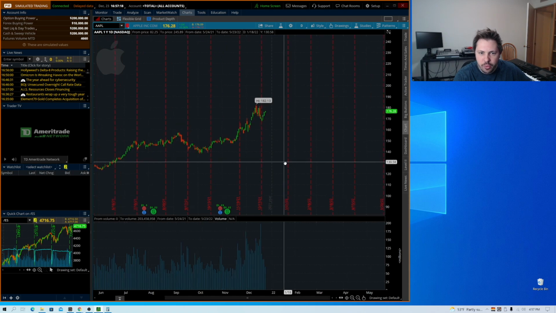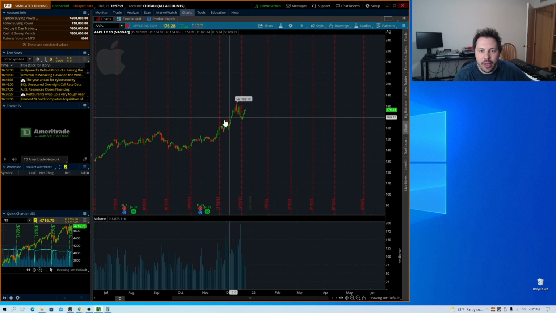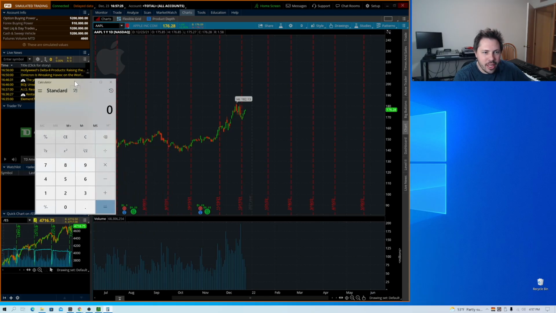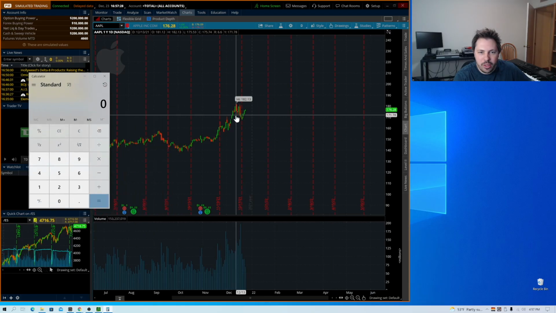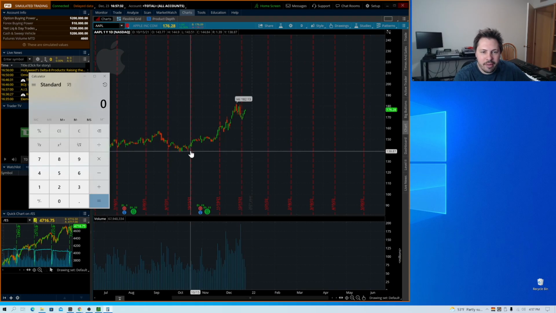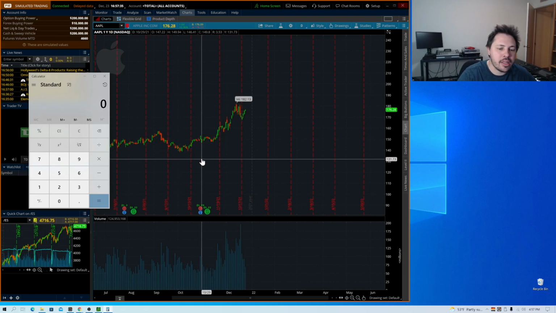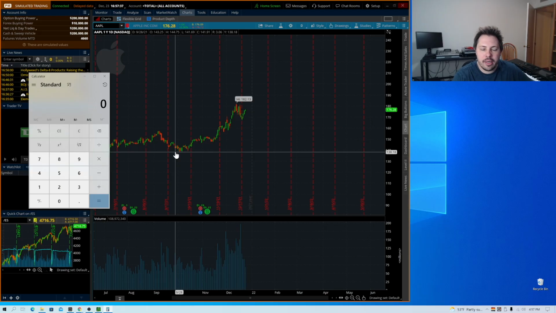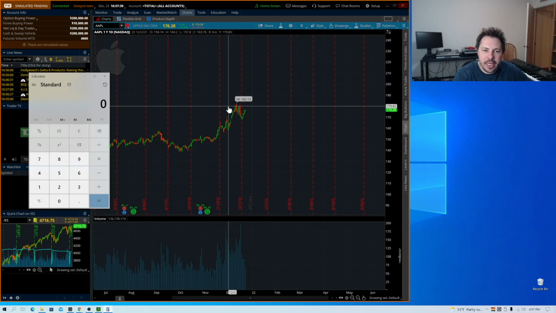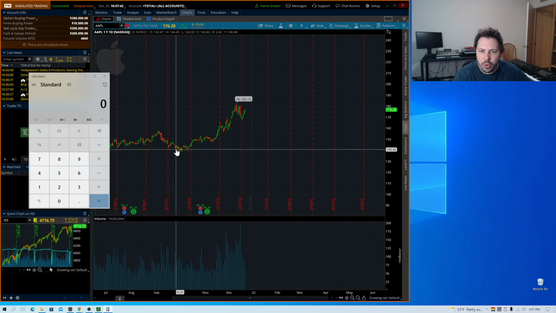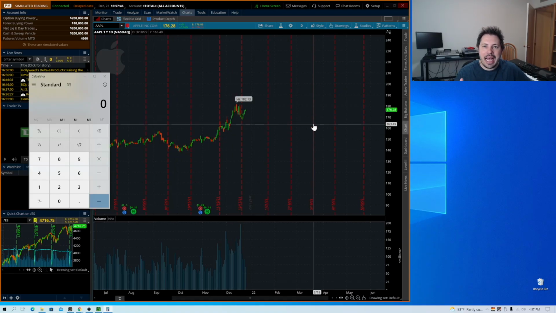strategy is, right? So if we're looking at Apple here, and I'm going to bring up a calculator, it's ran up here, right? It kind of found some support here back in October, right? And then it rallied almost $40, right? So when we think about buying assets at a discount, the reason that the cash secured